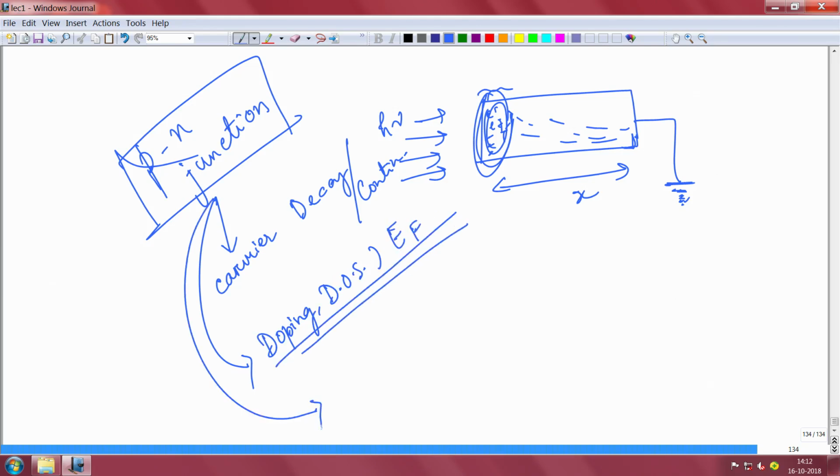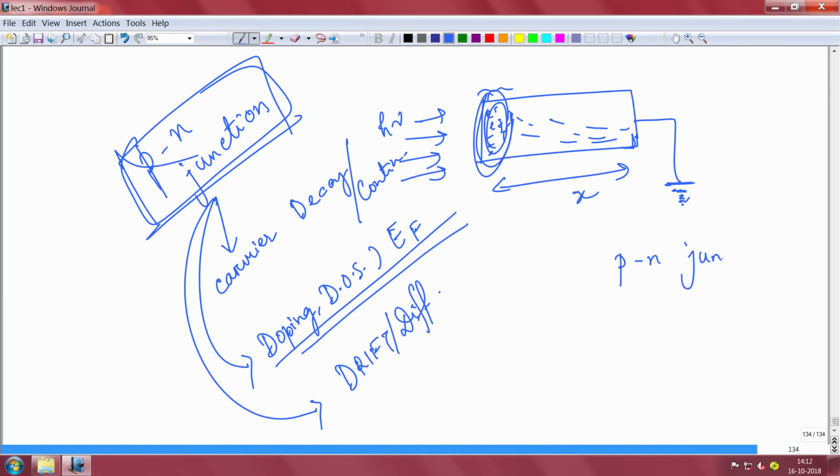It will depend also on your current flow, your drift and diffusion current, which will be very important in this. So p-n junction will now involve many of these things, and also everything that we have learned till now will be used. So it is important that we pause here and make sure that whatever we have learned till now, we are in sync, we are not losing focus. Whatever we have learned till now, we should be able to recall as and when it is necessary, because now we are going to study p-n junction.